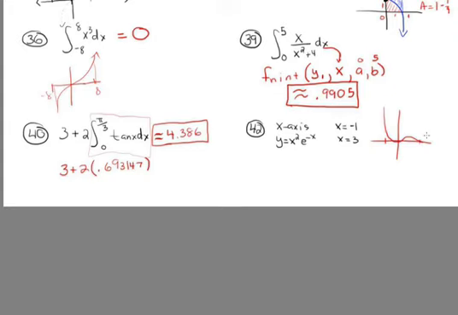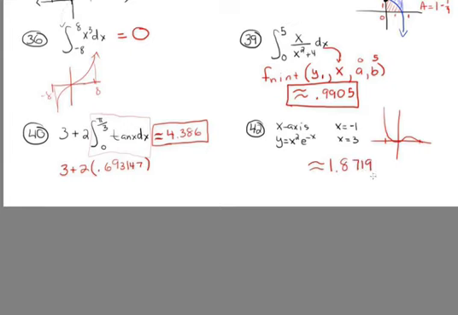Which would normally seem like it'd be pretty challenging, but I can do this using my calculator. So I go to math 9 again. Variables, Y variables, function y1, comma x, comma -1, comma 3. And I get an answer of approximately